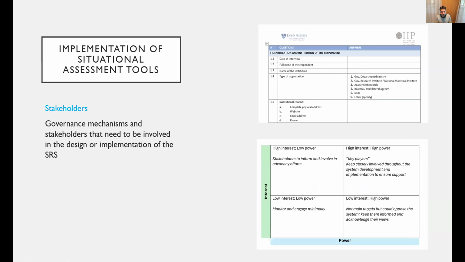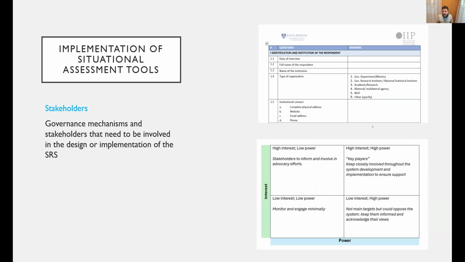And then finally, when it comes to stakeholders, again, the SRS implementation is not a standalone activity that will be done in the country. It needs to be integrated somehow in the CRVS system and the mortality ecosystem of the country.